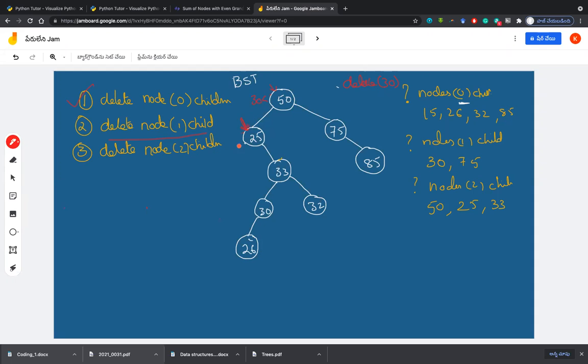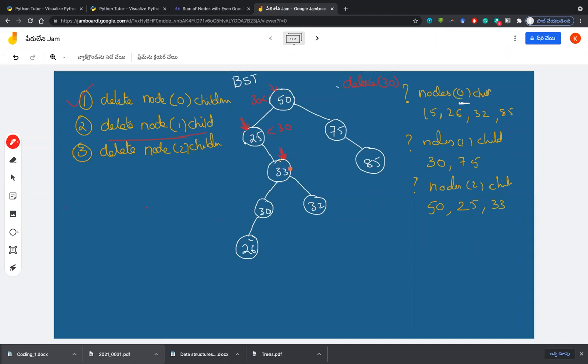And you check again whether 25 is less than 30 or greater than 30. Of course, 25 is less than 30, as 30 is greater than 25. So you have to check the right side, not the left side. When you are at 25, check 25's right. It is 33. So 33 is not equal to 30, and hence using traversal, you have to go to 33.